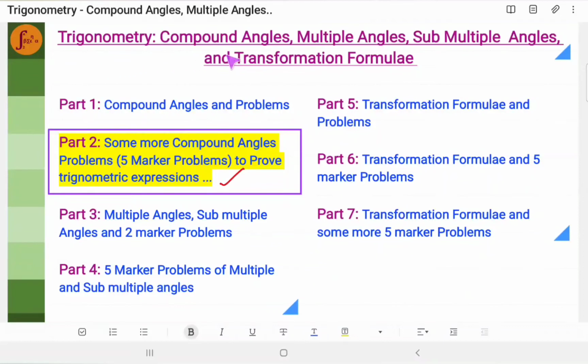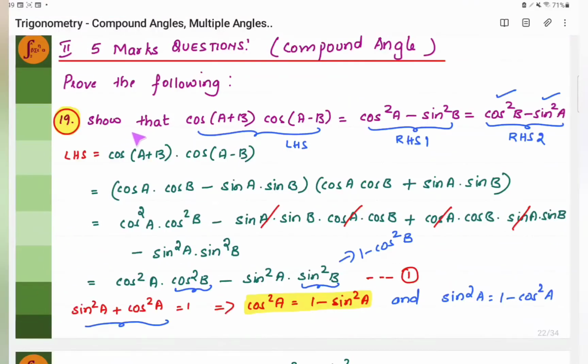Hi everyone, in this video we'll go through a few 5 marker problems from the compound angles, multiple angles, submultiple angles chapter, which is related to trigonometry. In these 5 marker problems, we have to prove trigonometric expressions. In this example, we have to prove that this particular statement cos(A+B) into cos(A-B)